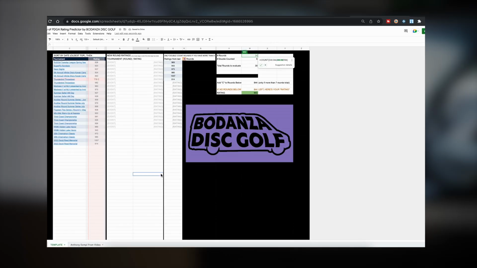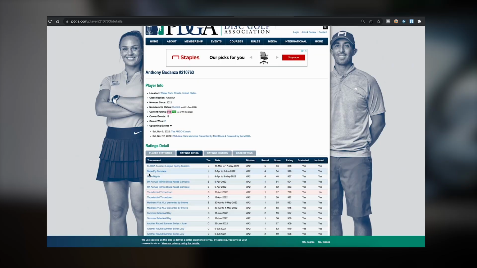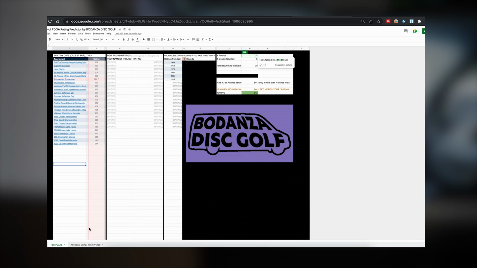So that might be the one thing that makes this not accurate, but otherwise, if you put all of your previous ratings in here that are already in your ratings detail within the last 12 months, so make sure if you have stuff that's older than the last 12 months, you don't include that. You just start your copy paste from down a little bit, and then you'll go ahead and add in all of your new tournament rounds that are going to be evaluated next month, which actually doesn't include league rounds,